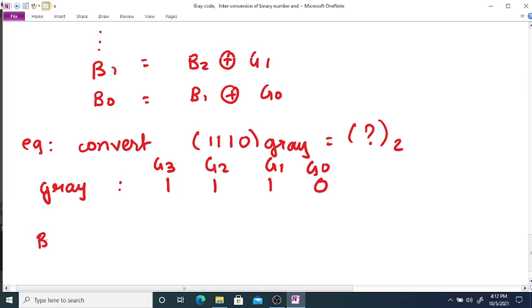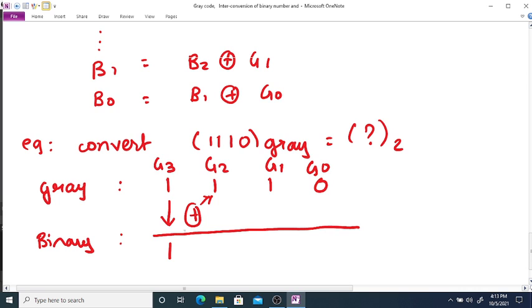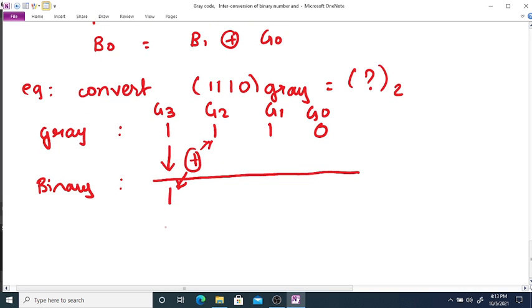And we will get the binary number or binary code as, first we will write down the MSB bit as it is, then here we will XOR the binary bit, that is B3 with G2. Here we will get 1 XOR 1 will be 0. This will be our B2 bit.